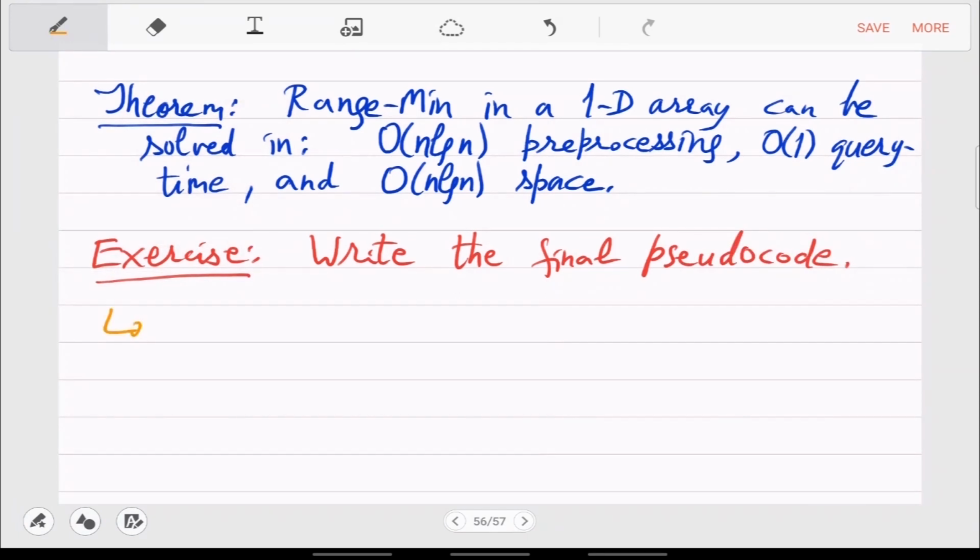But the way it will work is, first you have to fill the 0th column of B. So that will be order n time.